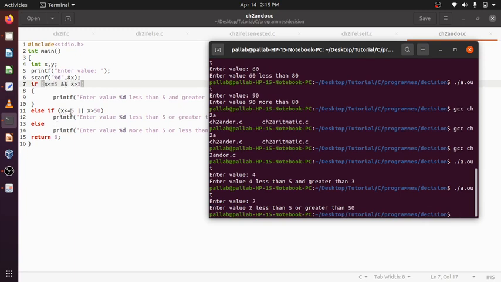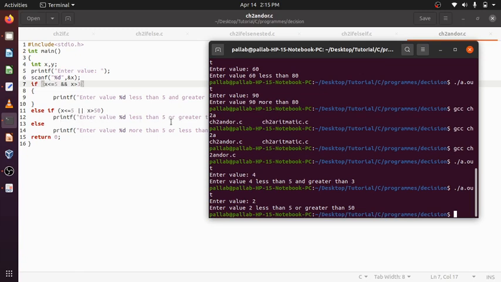Here x less than 5, yes. So for the first condition, x greater than 2 and less than equal to 5, yes. But 2 greater than 3, no. So this will not be satisfied, and AND is there, so both have to be satisfied. Since one is dissatisfied, the whole condition is taken as not satisfied. Then 2 less than equal to 5, yes, and OR is there. So if one is satisfied, then the whole expression is taken as true, the condition is evaluated to true,